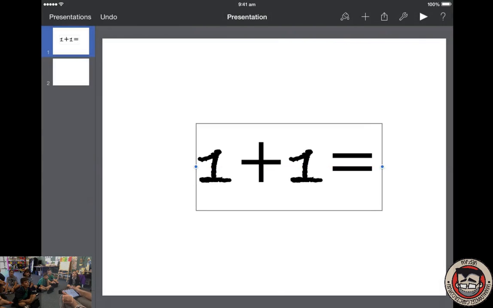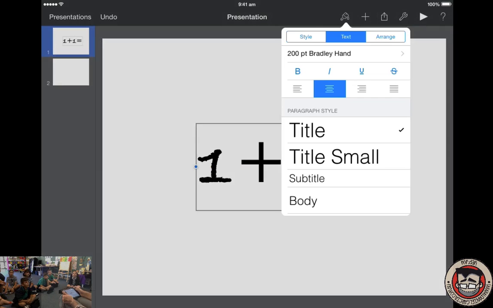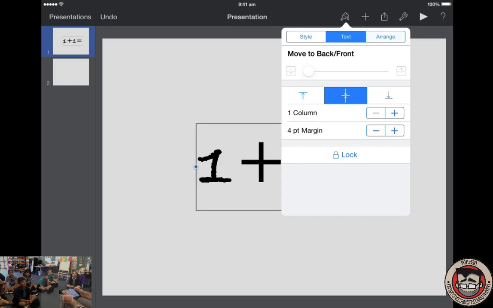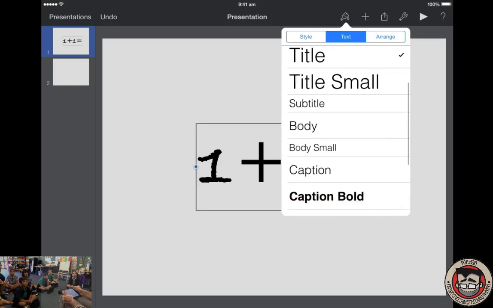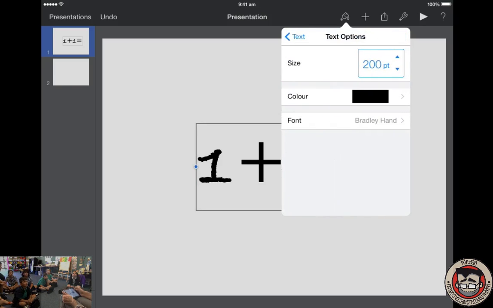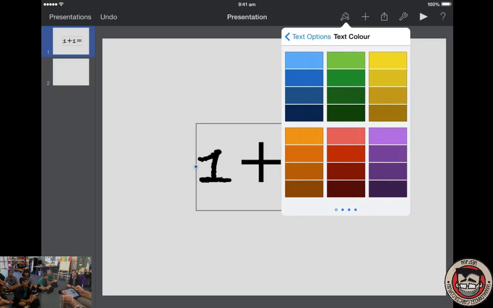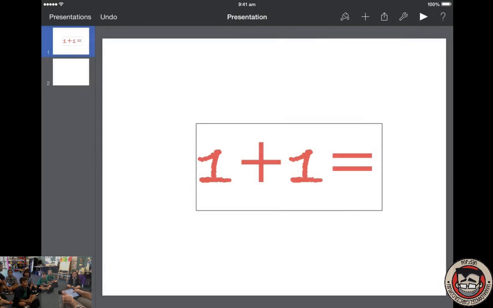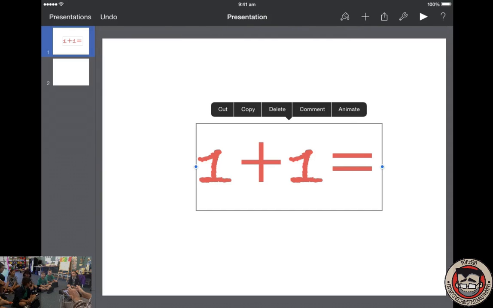Nice. Okay. We can also change the color as well. So maybe we didn't like that color. We can change it. It's alright. You can choose whatever you like. Okay. And the other thing we can do